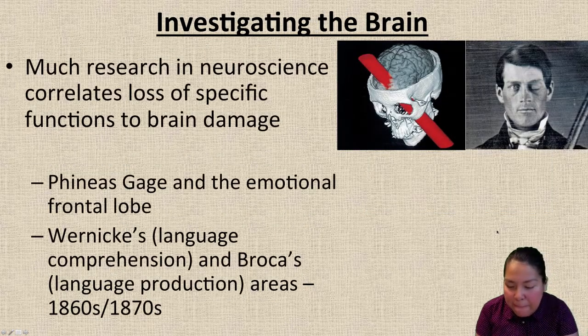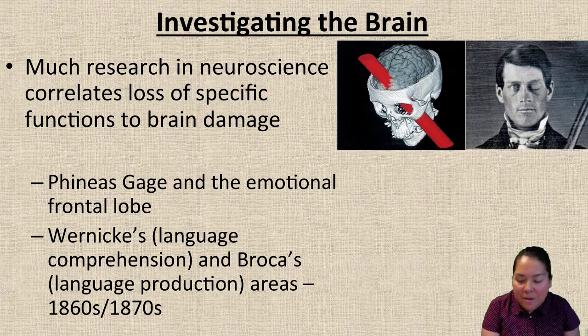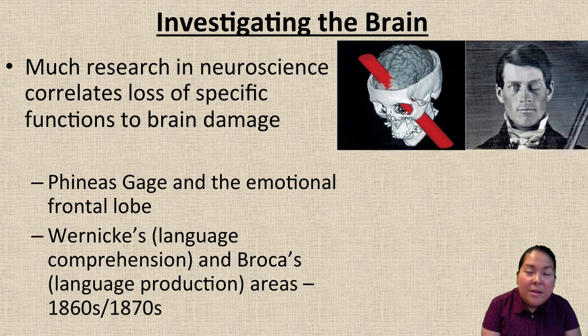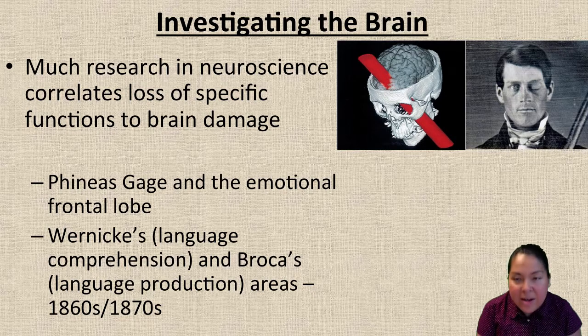So here, when we talk about before we had advanced technology, most research was done after somebody, for whatever reason, had damage to their brain. As a result, we'd study them to see what was different from typically developing individuals. And this led us to understand specific areas of the brain necessary for different functions, such as emotion regulation and language production and comprehension. So Phineas Gage, who's pictured here, around the late 1840s, had an iron rod shot through